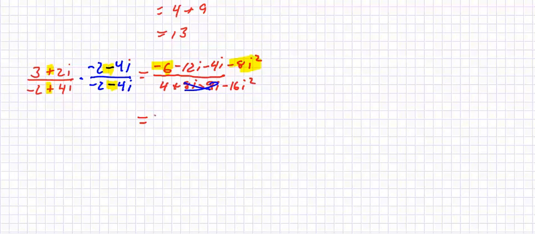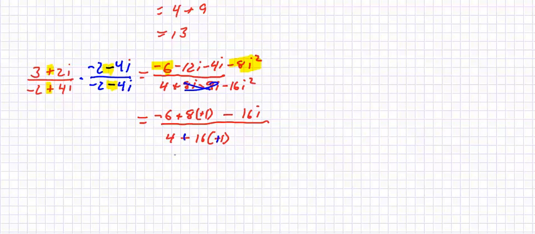So I have negative 6 minus 8 times negative 1, and minus times a minus is plus, minus 16i over 4 minus 16 times negative 1. Again, that becomes plus. Do this in a different color. And I end up with negative 6 plus 8 is 2, minus 16i